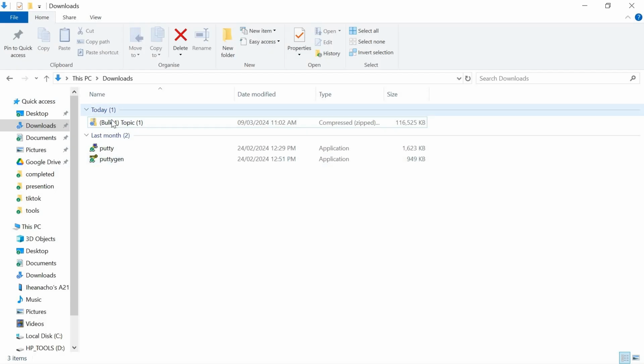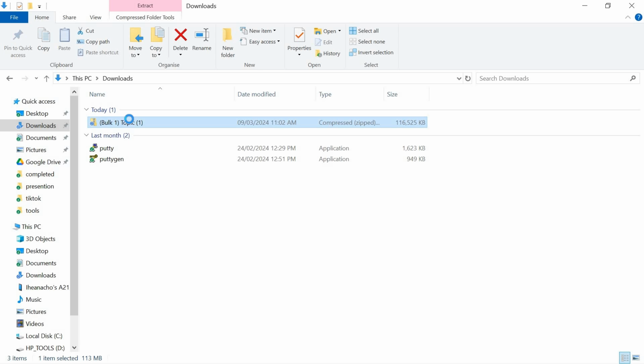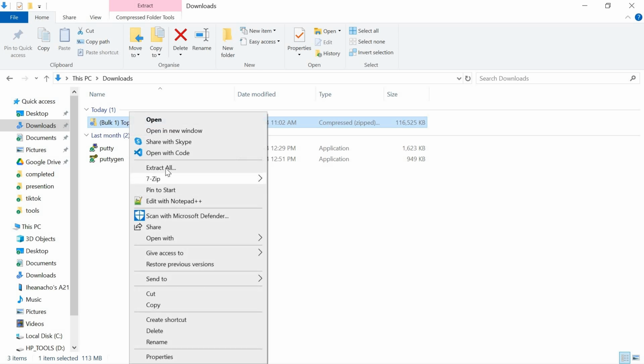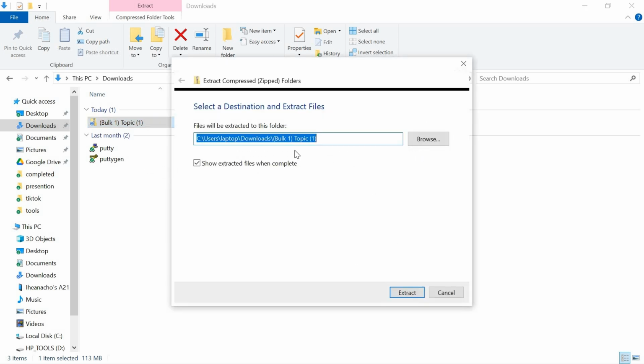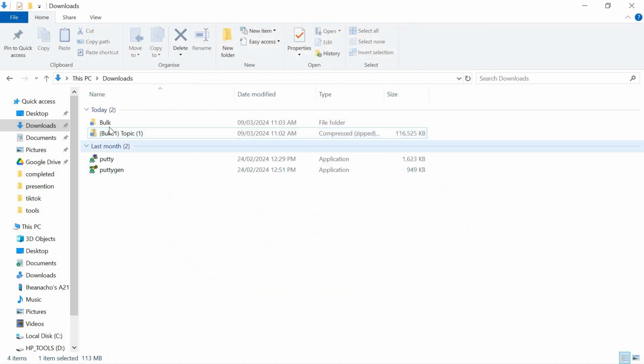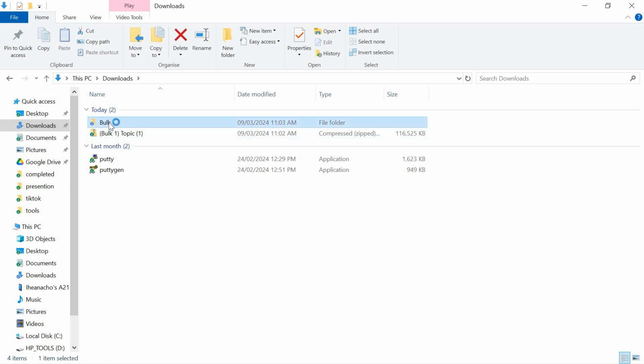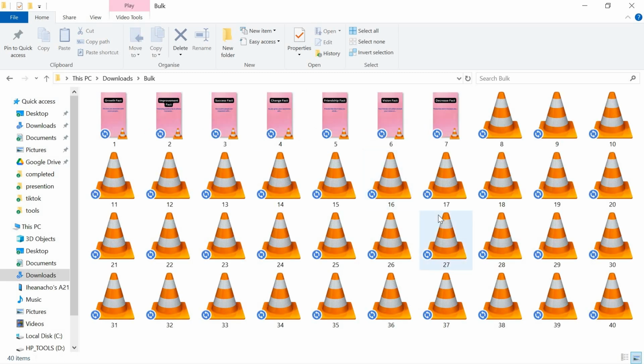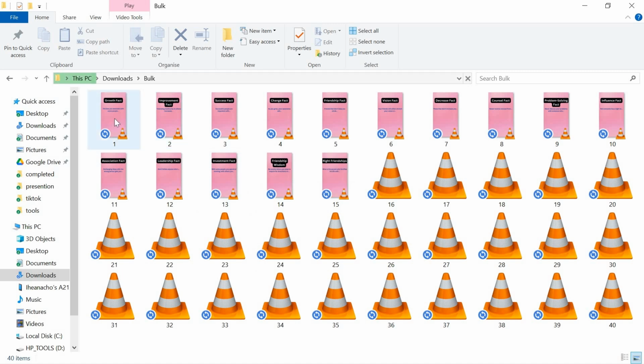Okay, so download is complete. You can see it's complete here. I can extract this, and I'm also putting it in the same place in my download. I can give it a different name, just bulk, just for demo purposes, and extract. So after it's extracted, you can see the folder here. I can open it, and you see that we have lots of videos. And if I try to play one,